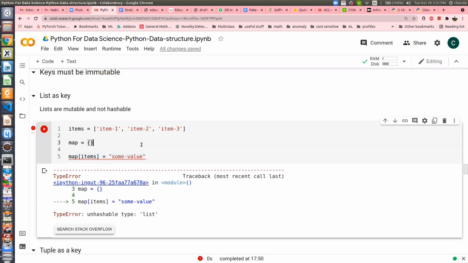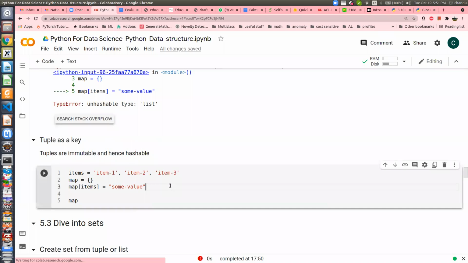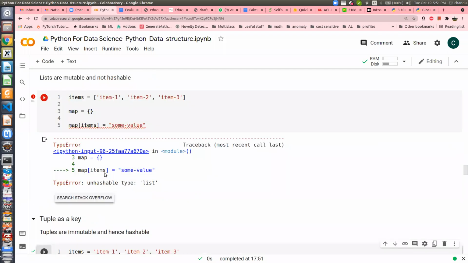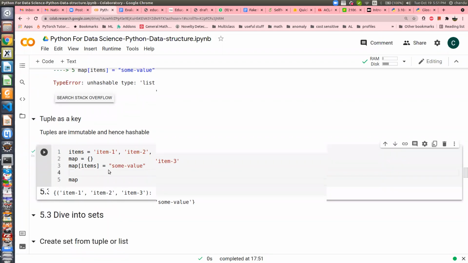So that's why tuples are immutable, hence hashable. Here you have seen, item is a tuple, and at that location I'm putting some value, so that's why it was possible. I didn't get an error. But when item was earlier a list, I got this error. So these two things are different.